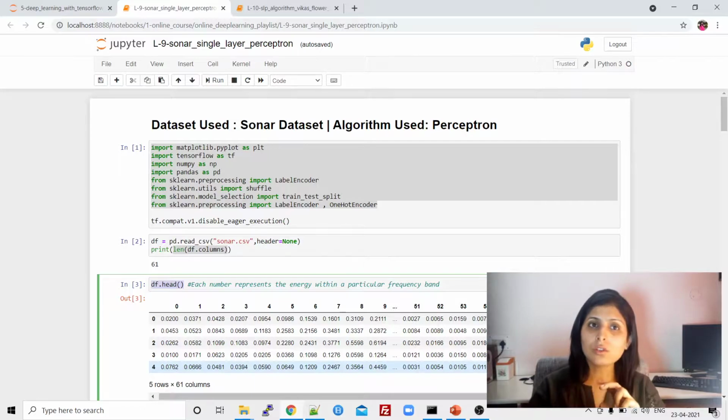So this is a binary classification problem. On the basis of these frequency energy numbers, we have to finally classify whether a particular record belongs to the rock class or the mine class. This is the task which we have to perform.